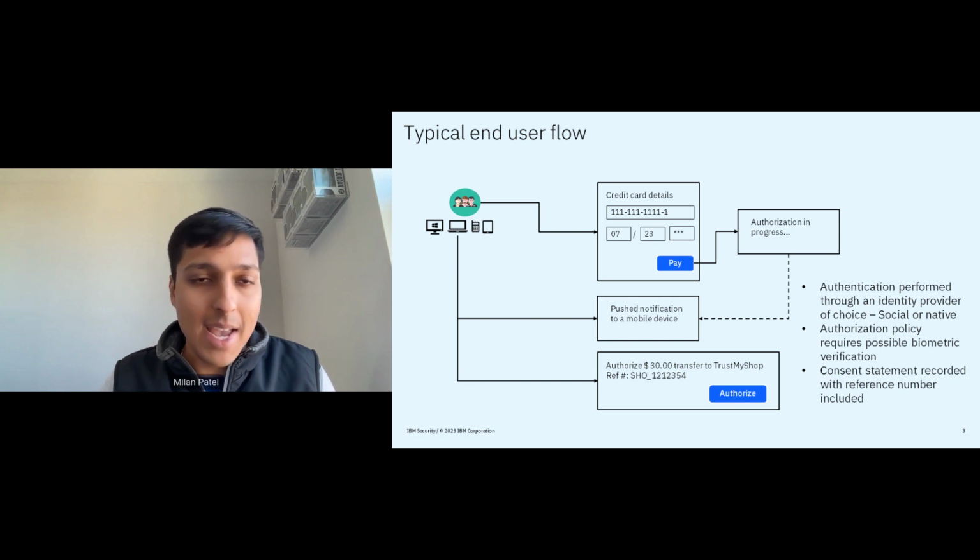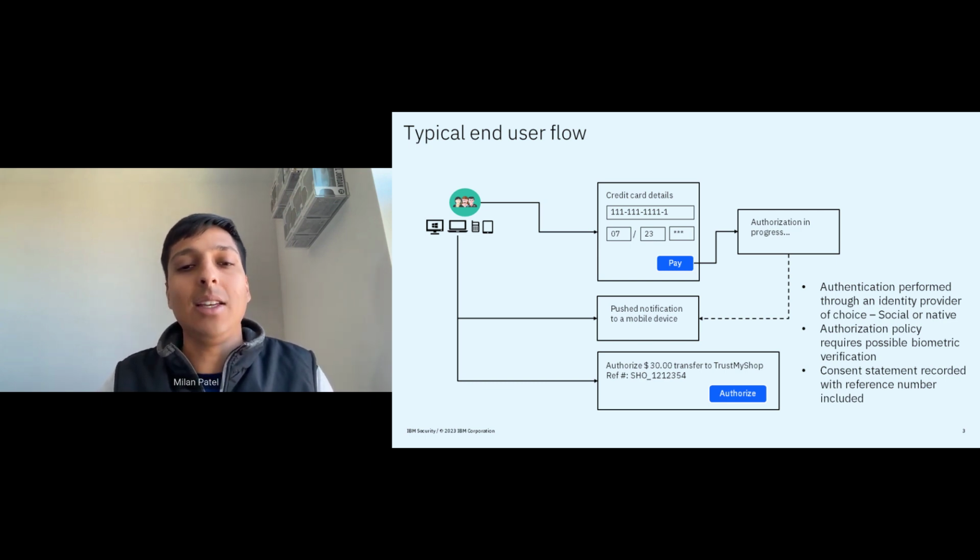either through a native login or a social login. An authorization policy is defined. This could be how a user authenticates and what is required to perform authentication. And then the last thing is a consent statement is recorded and referenced with the specific details of the consent